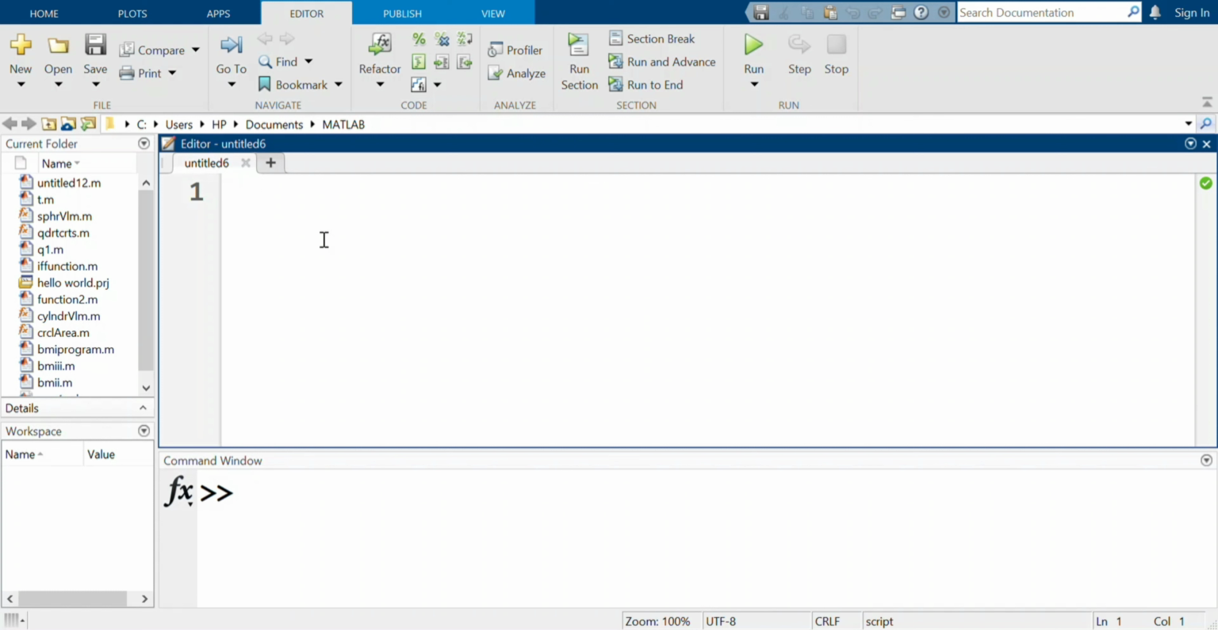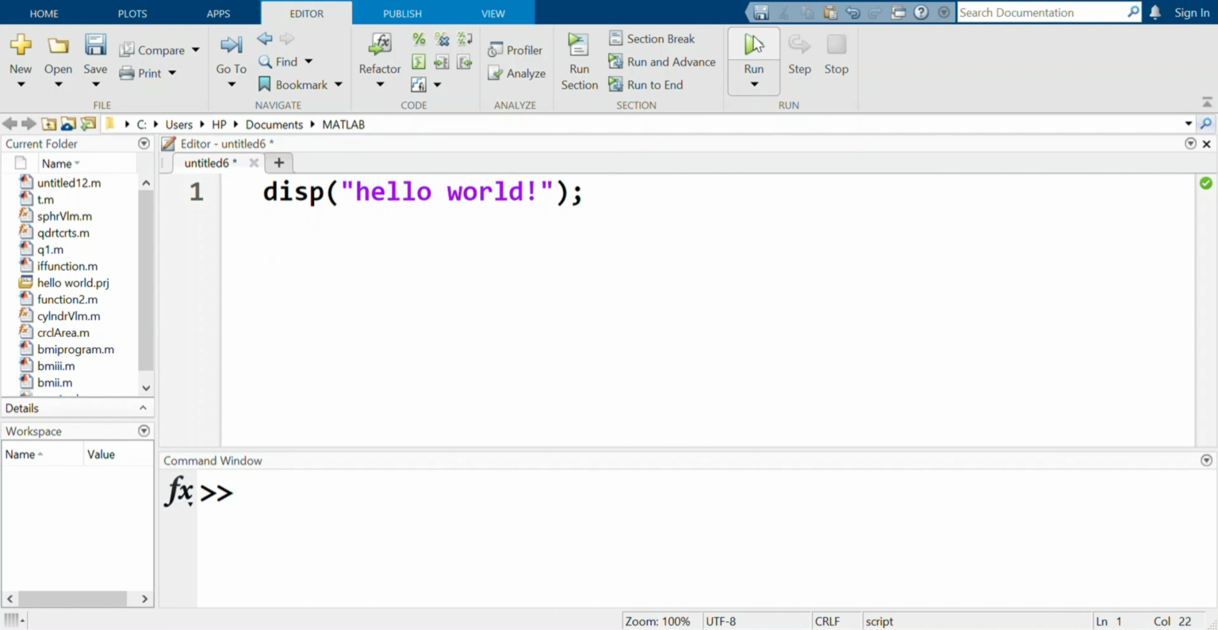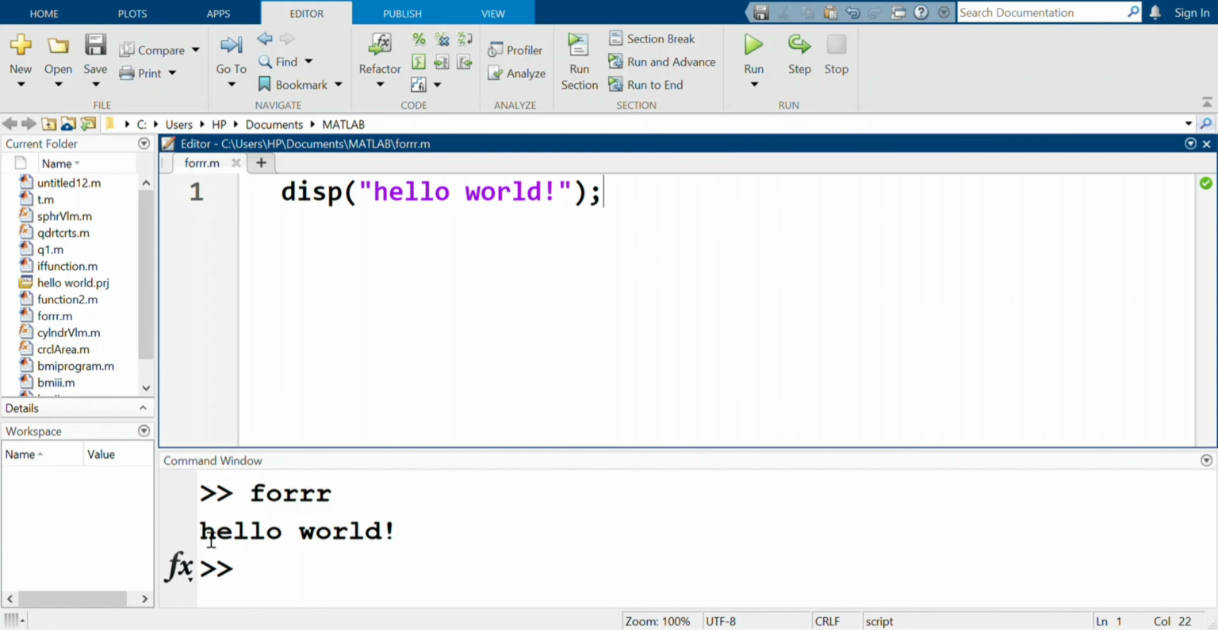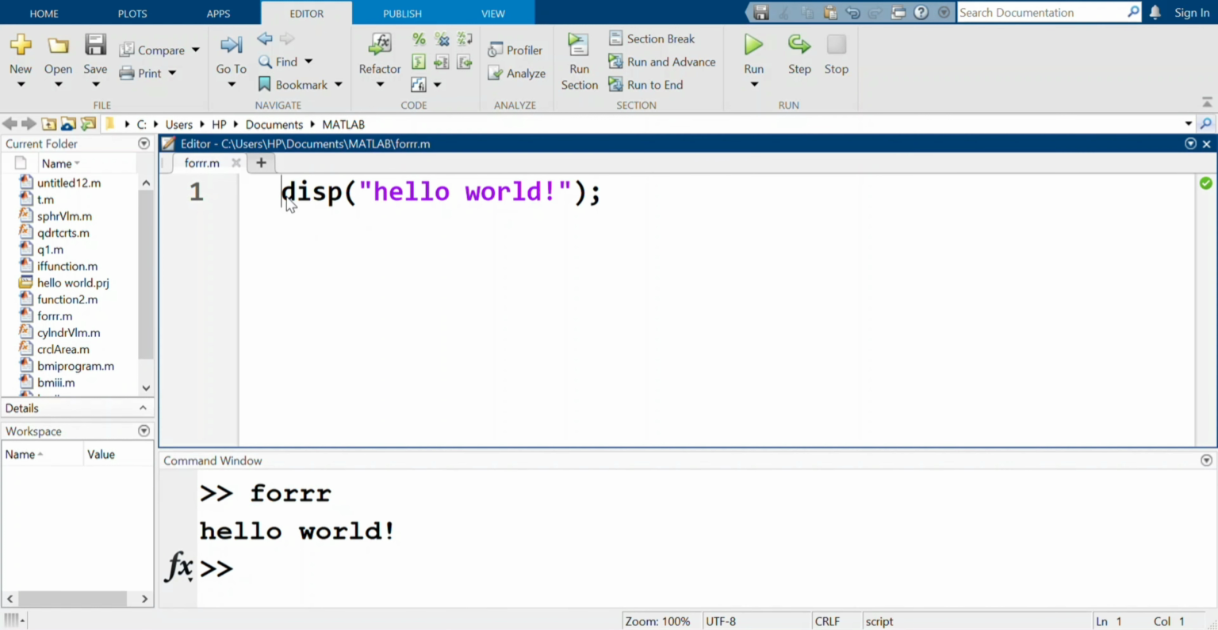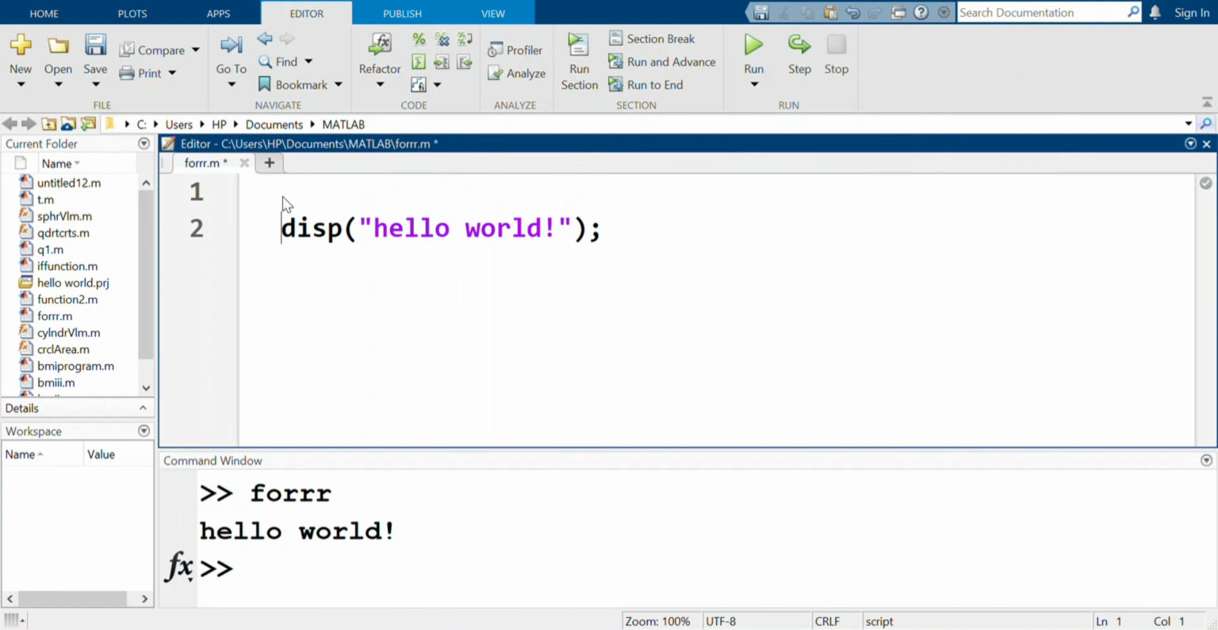Now here in this script, let's say I want to display hello world 10 times. Now, when I run the code, let's say it as 4. Okay, 4. When I run it, MATLAB will display it one time. So hello world. So if I wanna display it 10 times, what I will do is I will write here